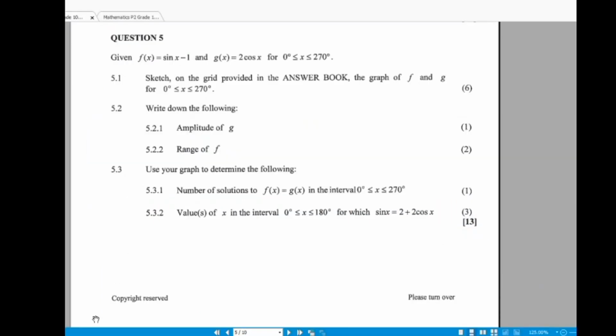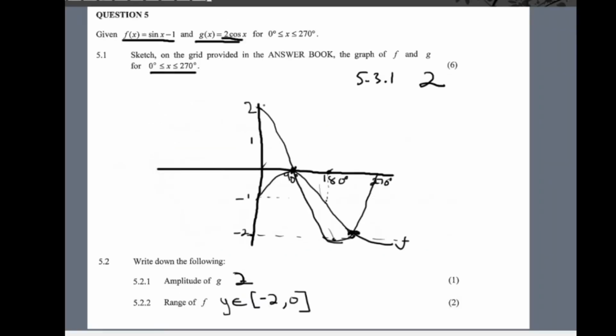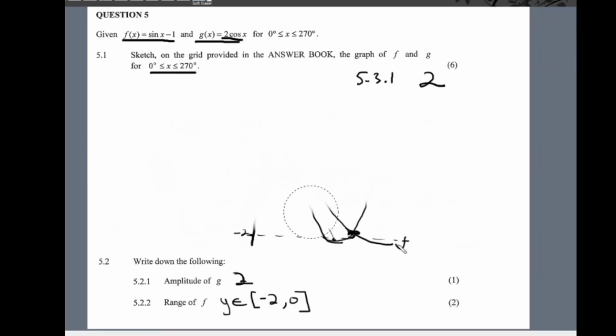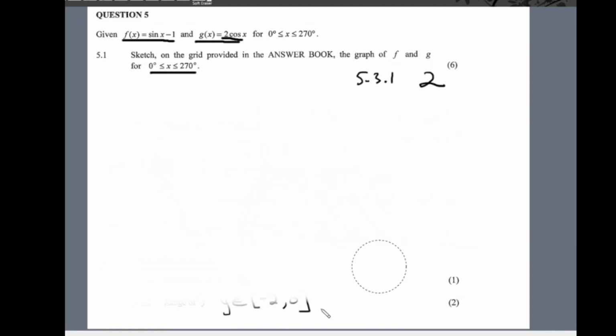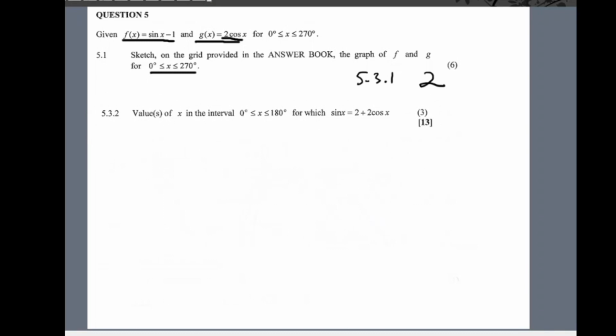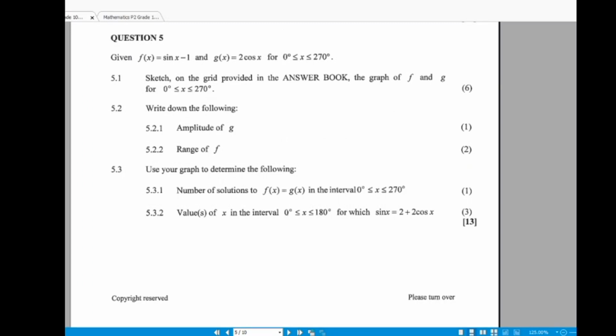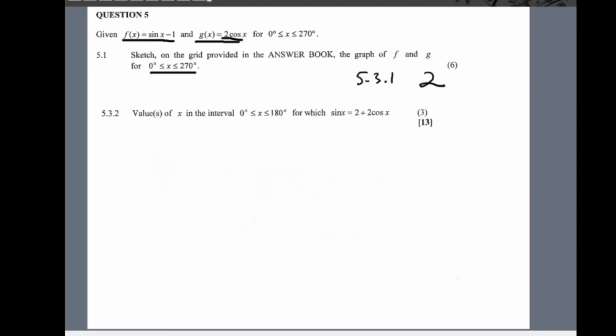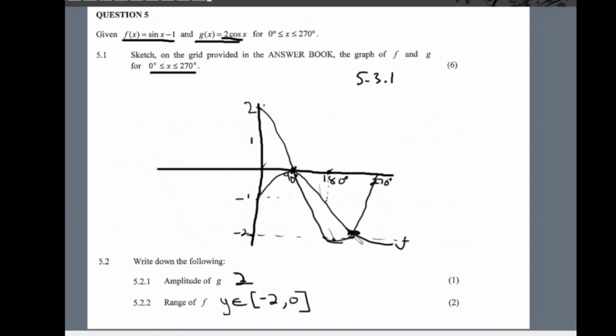5.3.2, but they want us to determine the following using the graph. Okay, using the graph, let me go back to the graph. So, using the graph,